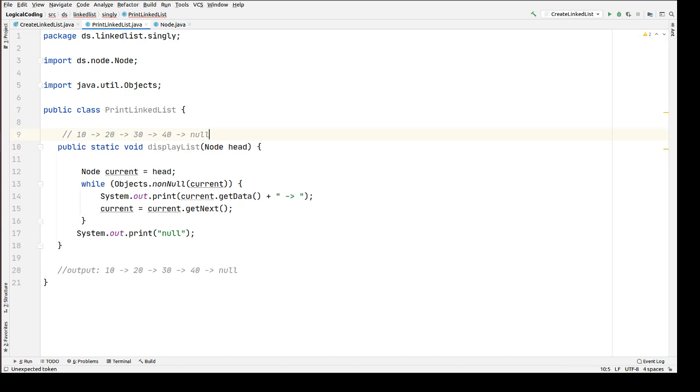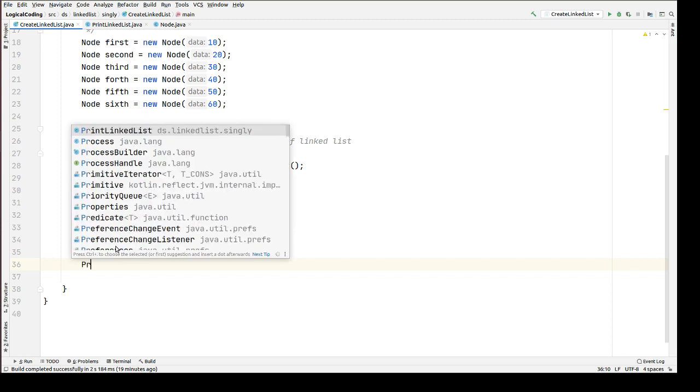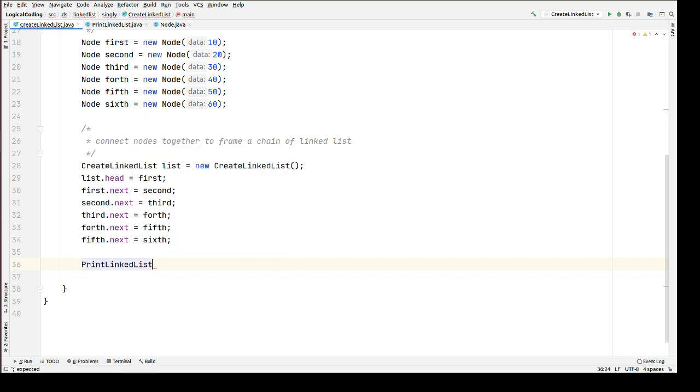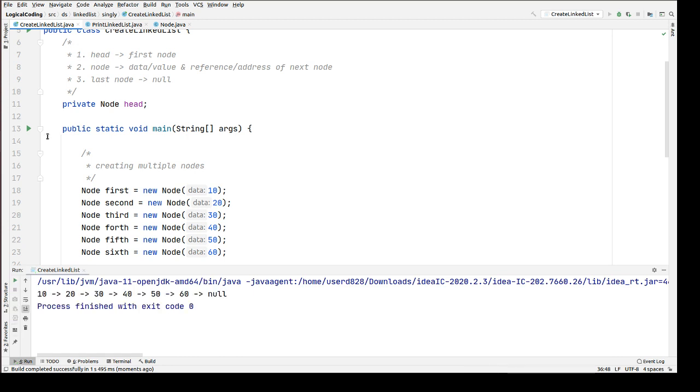Now let's call this displayList method inside this class. So we call displayList and pass the head node. Let's run this now and verify whether it's working or not. Yes, it's working: 10, 20.